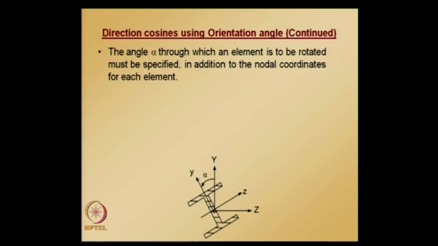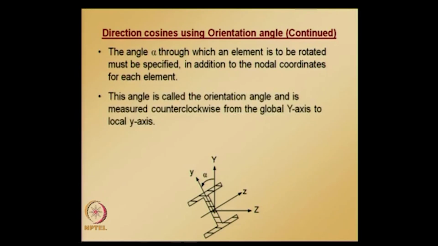We need to also know this angle by which we need to rotate to make this local y axis become parallel to the global y axis. And this angle is called rotation angle and is measured counterclockwise from global y axis to local y axis. So, that is why this method is called orientation angle method,